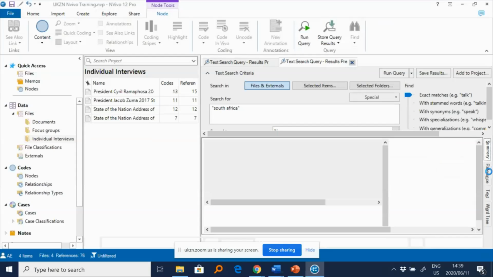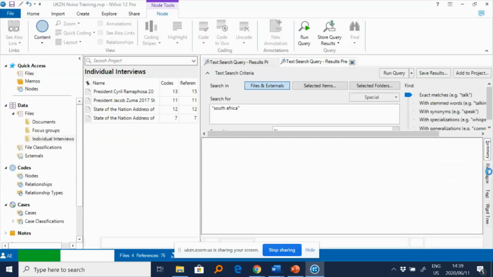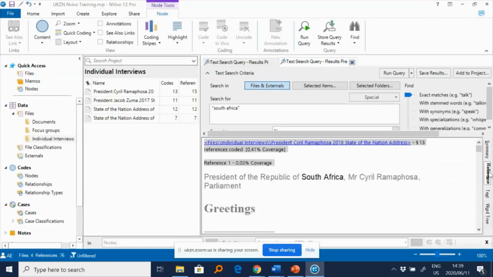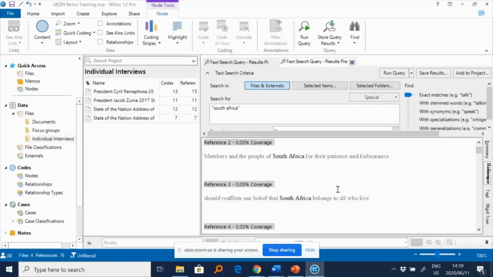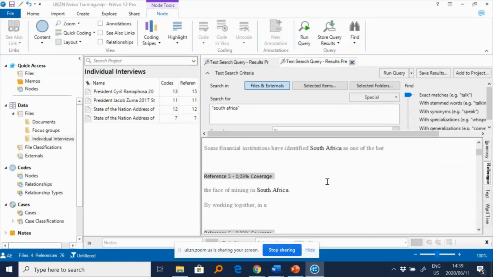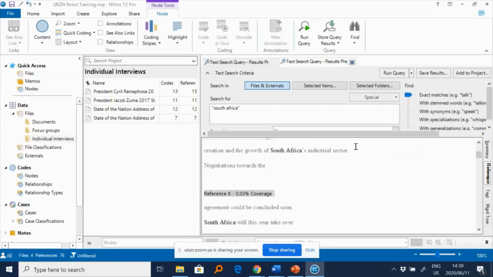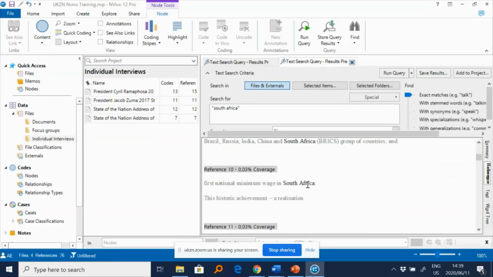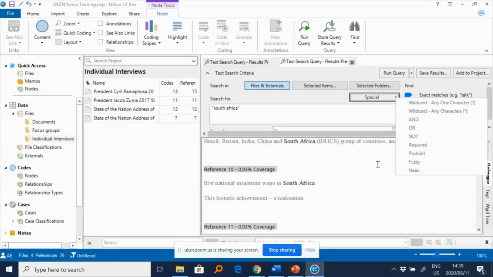If you come to the references now, you see that South Africa is highlighted wherever it appears in the text. I'm not sure if that answers the question.